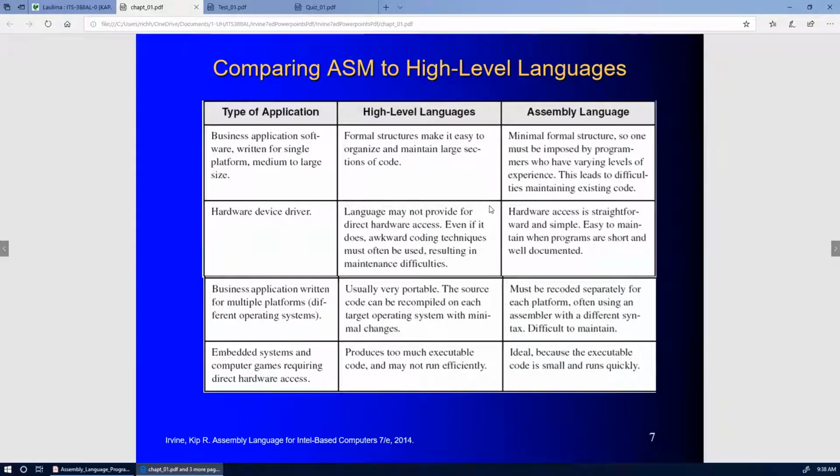Okay, here's a nice table which describes some key differences when comparing high-level languages with assembly language. Let's see how important this is. Hardware device driver: the language may not provide for direct hardware access. So if you want to